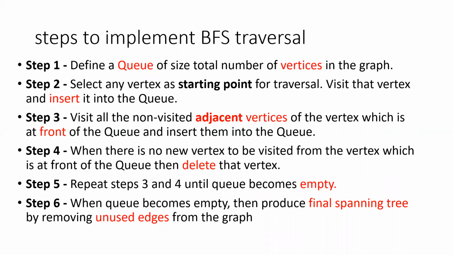In case we are not able to cover all the vertices, if the graph has many components, then we have to do BFS two or three times. So select any vertex, either vertex 0, or a vertex which is able to cover all the vertices in a single traversal. Or you can backtrack and come back to a particular vertex and visit all those unvisited adjacent vertices.